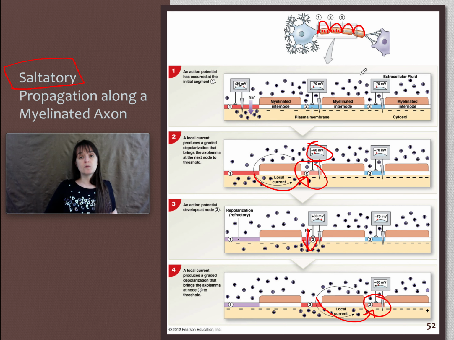In fact, if it weren't for saltatory propagation, if it weren't for the myelin sheath speeding up the movement of the action potentials, we wouldn't be coordinated enough to walk, because the axons from the motor neurons that move your legs and wiggle your toes are so long that without the myelination and the saltatory propagation, you wouldn't be coordinated enough to walk. So walking takes speed and coordination and strength,